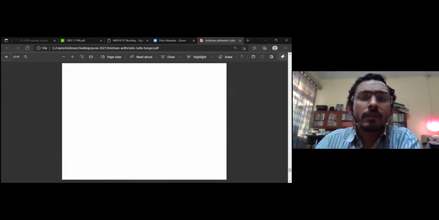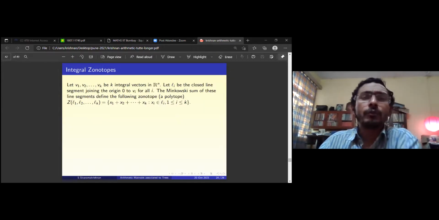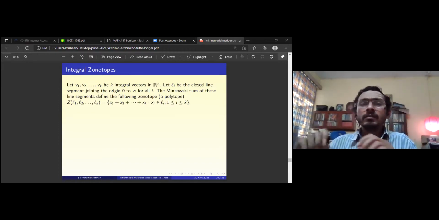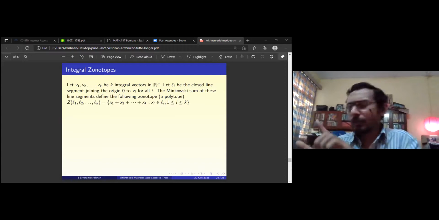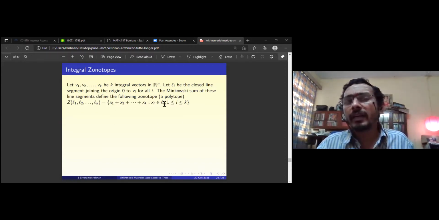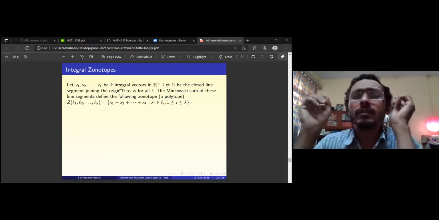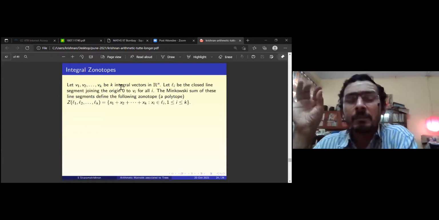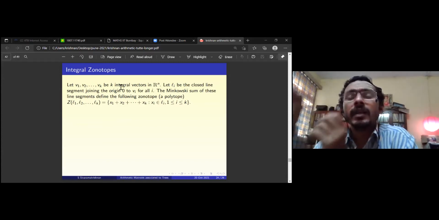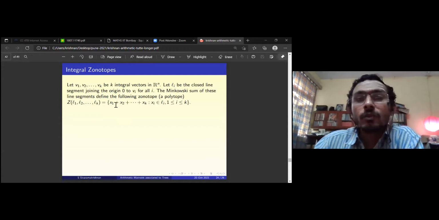See, I'll tell you. Instead of having an arbitrary polytope, if you start with what is called a zonotope, which is you take k vectors and you look at the Minkowski sum. Minkowski sum meaning you look at all possible x1 plus x2 plus up to xk, where xi belongs to the line Li. Li is the closed line segment joining the origin to vi. So you start with vectors in R^n. You look at the line segments joining the origin to these vectors, and then the Minkowski sum is all such sums x1 plus x2 and so on.